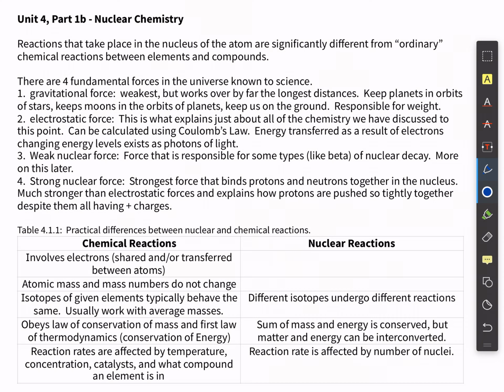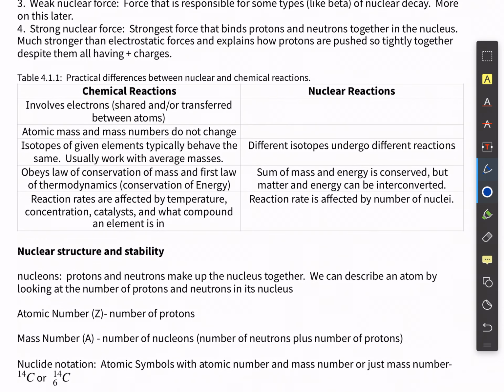As we get into this a little bit, it's going to be important to understand the differences between what we're studying in this chapter and what you've seen prior. So again, chemical reactions, these involve electrons shared or transferred between atoms in regular chemical reactions. Now, in nuclear reactions, electrons are going to be moved around as well, but we're not interested